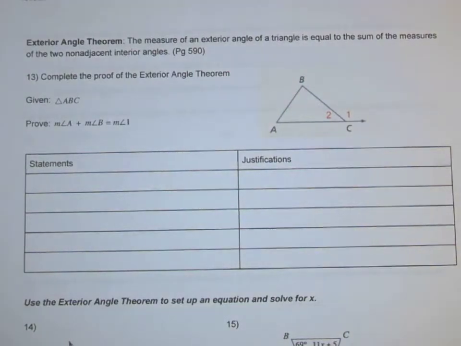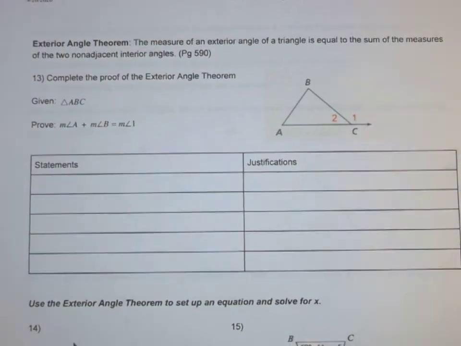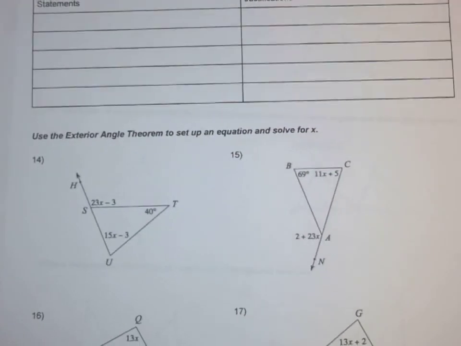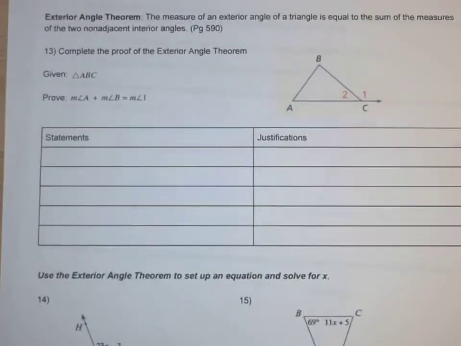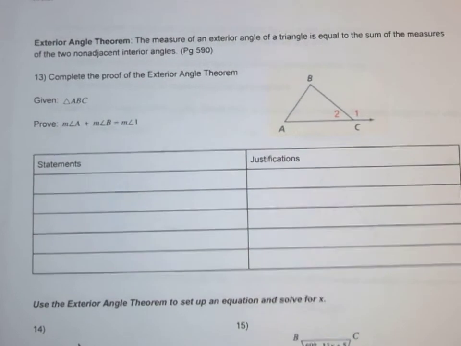All right. So we are studying chapter 12.1 and 12.2. And this is the third page of your 12.1, 12.2 homework assignment. So I'm going to get you started here as well. This is going to be very similar to the last page where we're going to start with a proof of a new theorem, and then we're going to have a few problems where we practice using that theorem. So I'm going to walk you through this proof and then help you get started on one of the problems